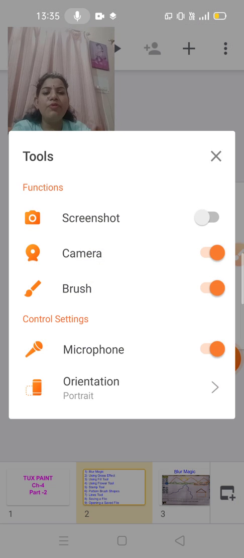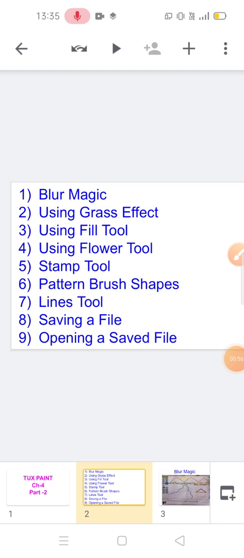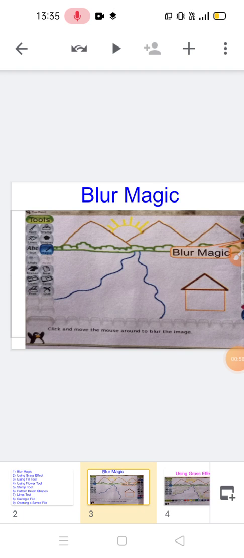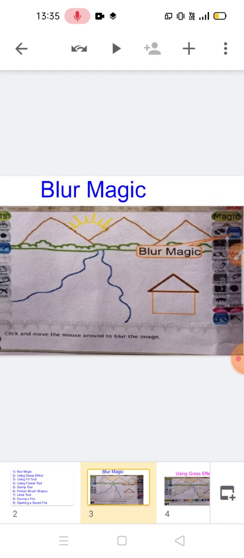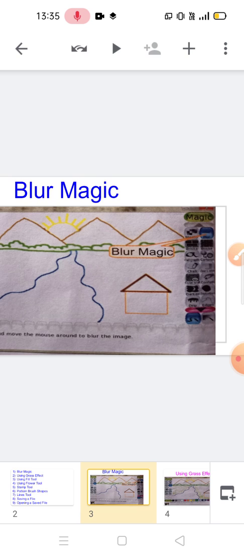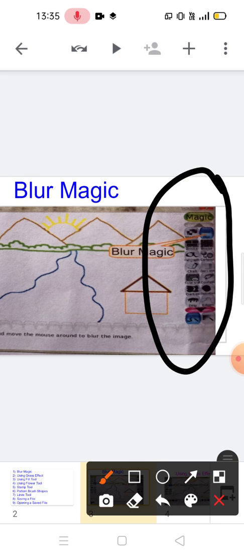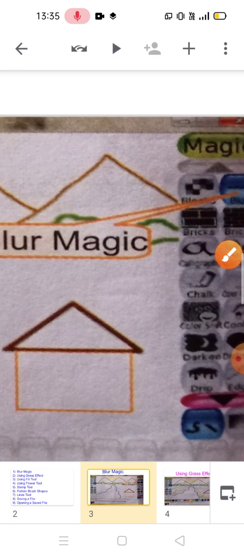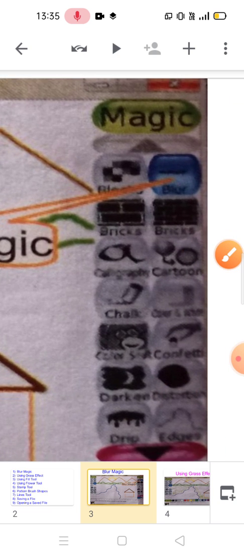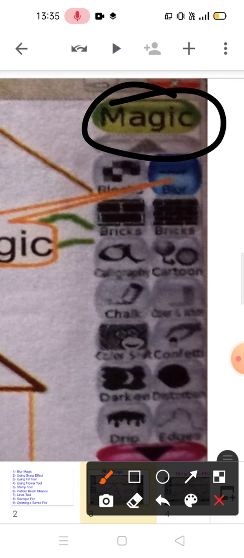First of all, we will start with our first topic, the blur magic. It is a sub tool of the magic tool. Here you can see the magic tool, and this is the blur tool.